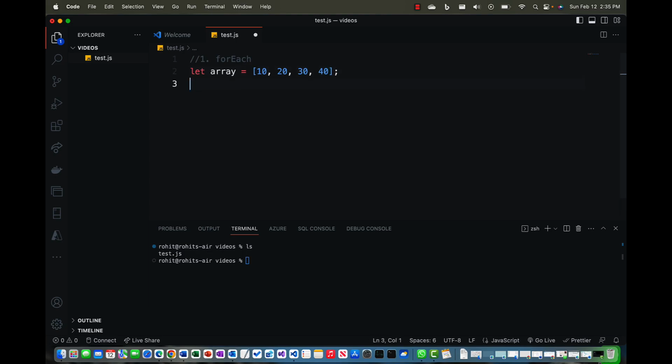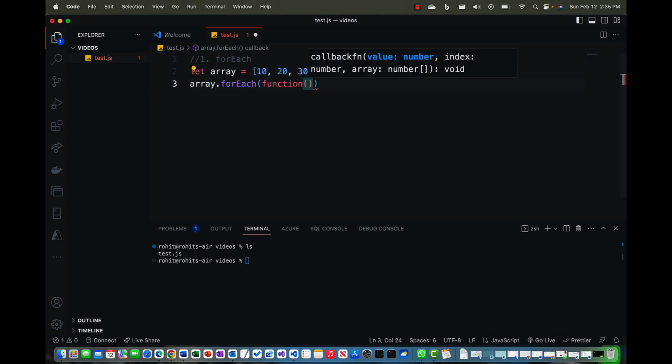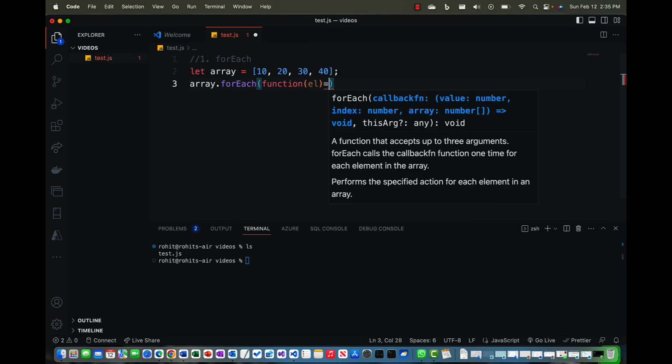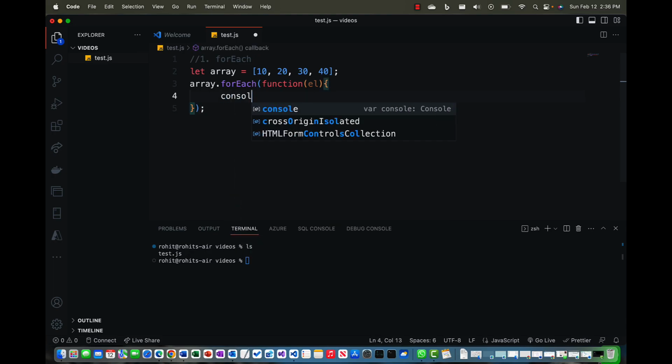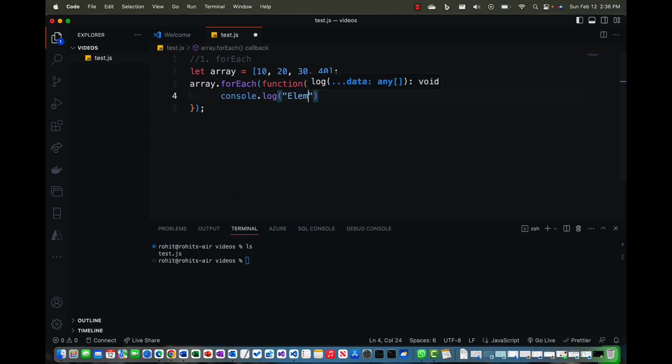Then we could just say array dot forEach, and I could use a callback function which takes an element. I'm sorry, I'm not using the arrow notation. So here I could just use console.log element is, and print the value of element. So if we just try to run this